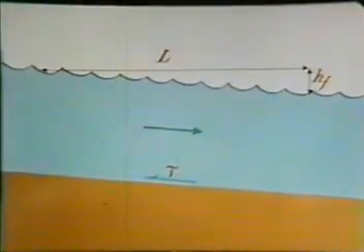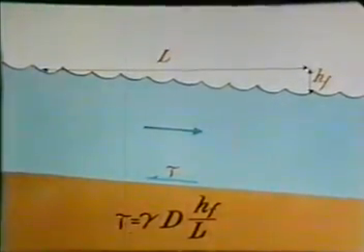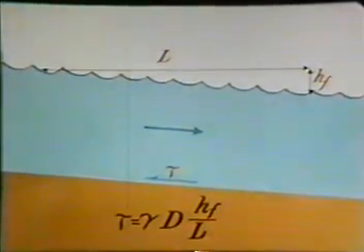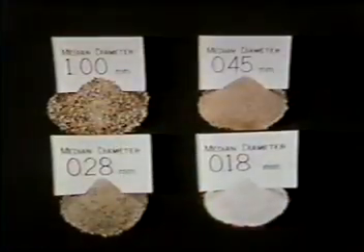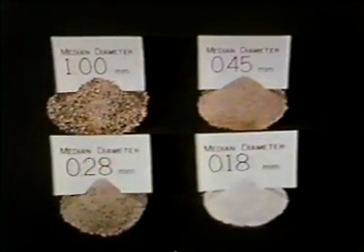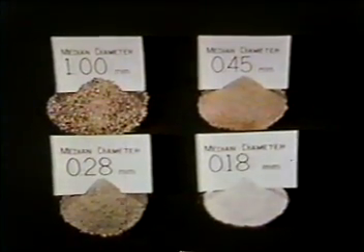Consider a free body diagram of a section of the river. Fluid shear at the boundary per unit area is equal to the specific weight of water times the depth times the slope of the energy grade line. Fluid shear is the driving force for the movement of the sediment and change in bed configuration. The characteristics of bed materials such as size, fall velocity, and range of sizes are important in determining resistance to flow and sediment transport.